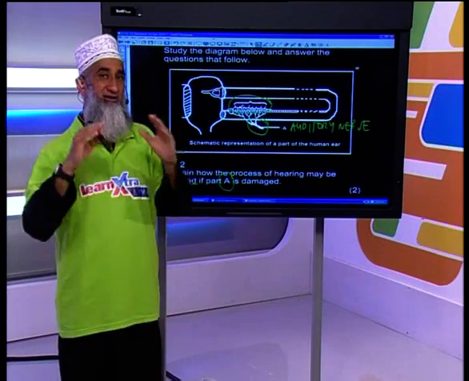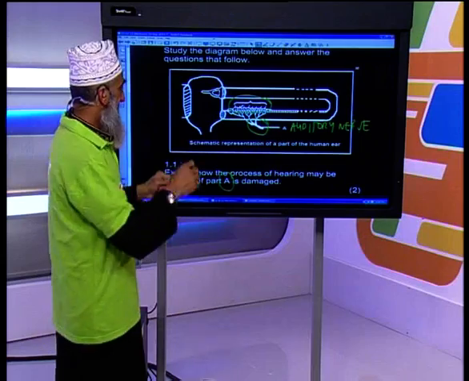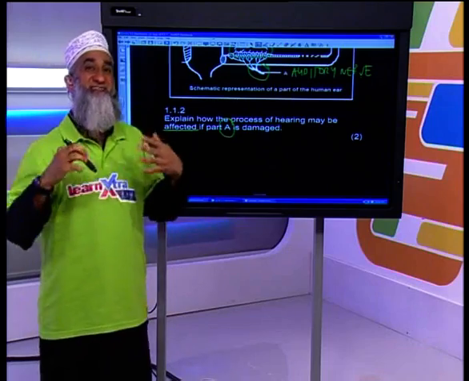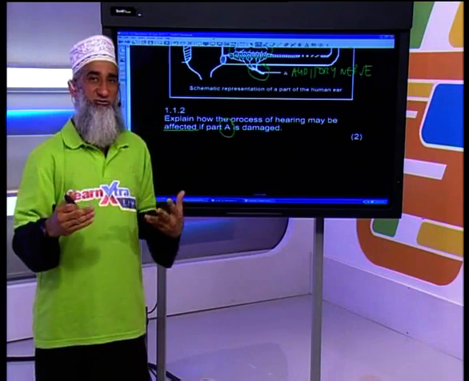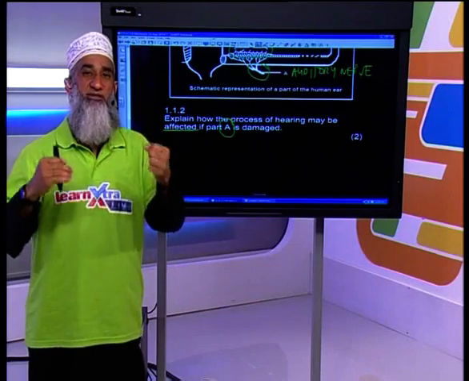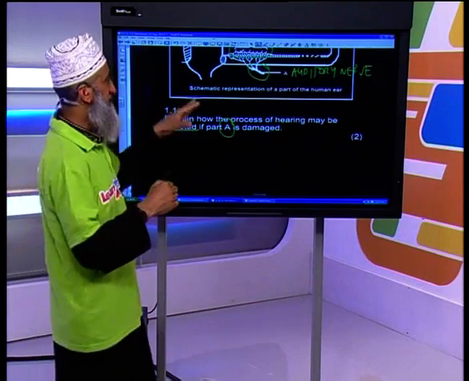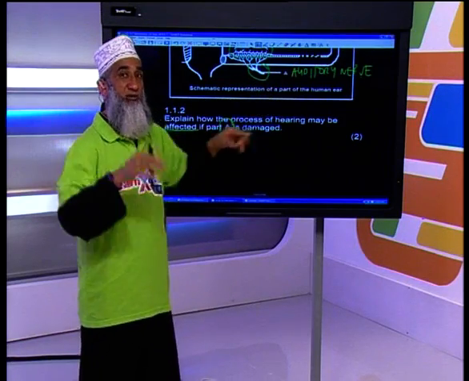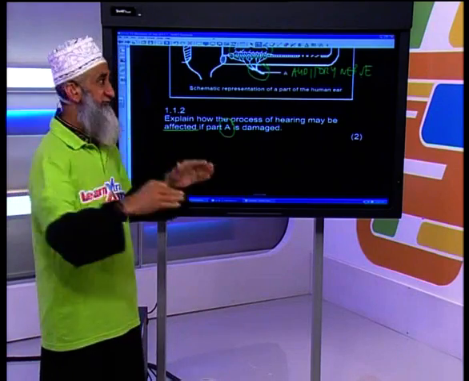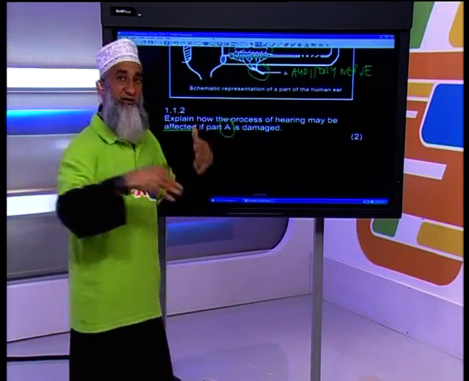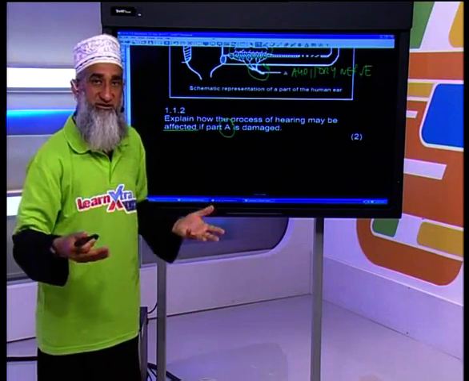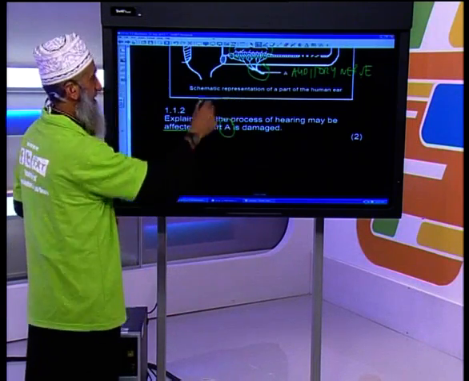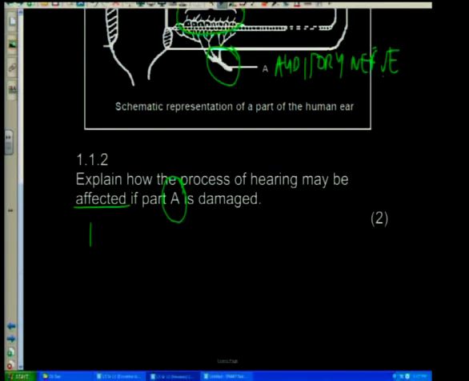So obviously, and I've been saying this all along, when they ask you questions like these, where something is damaged, what are they actually asking you? They're asking to see whether you know the function of that part. So this is what I asked you earlier. What is the function? We labeled it first. A is the auditory nerve. We then looked at its function. So obviously, if it is not there, then that function will not take place. So in this case, we would say that if A is damaged, then the impulse